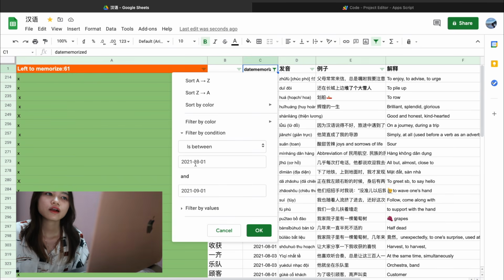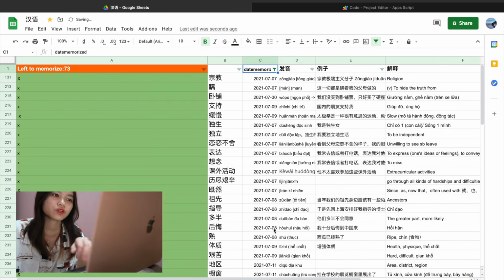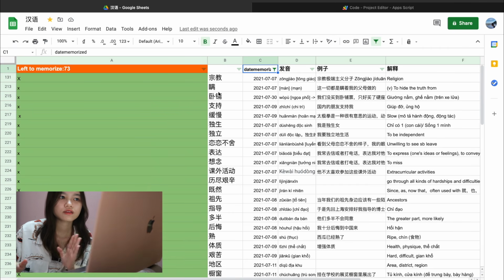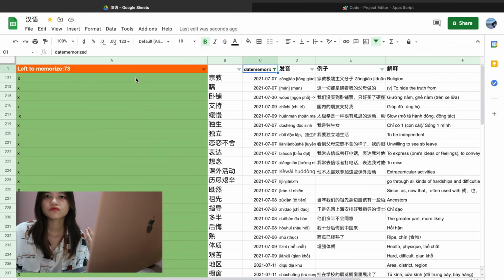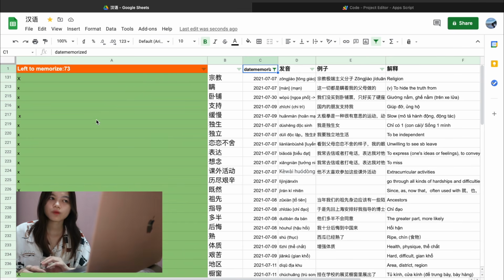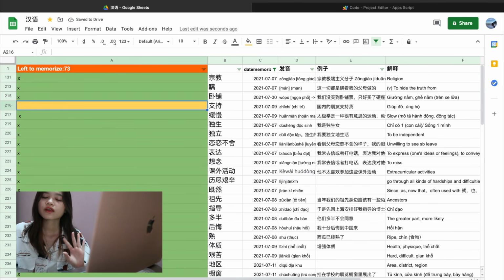So again, I will just use the between condition to choose between the first day of July and the first day of August, and then I can look at the vocabulary, zoom in, and see if I still remember them. If I forget a word, I will just delete the X character and it will put the word back into my stack of vocabulary to learn.